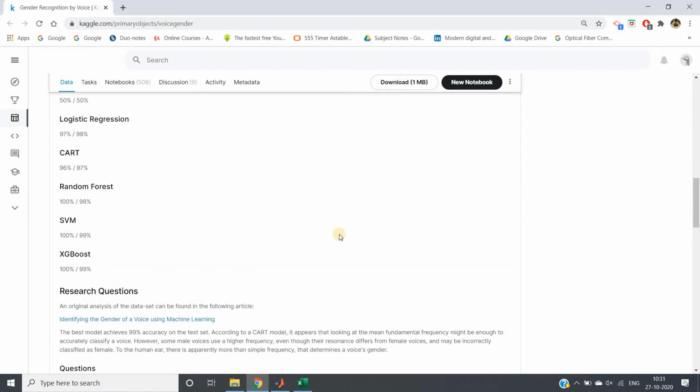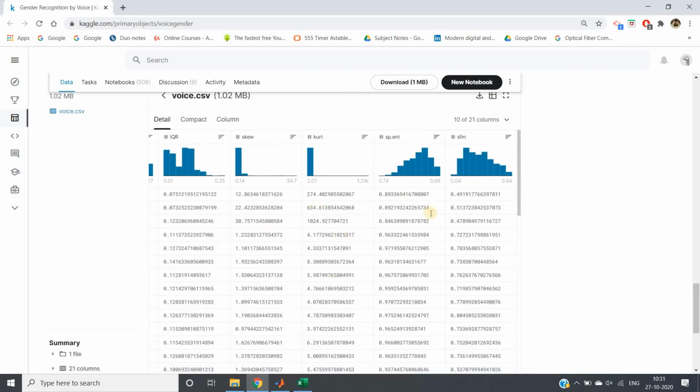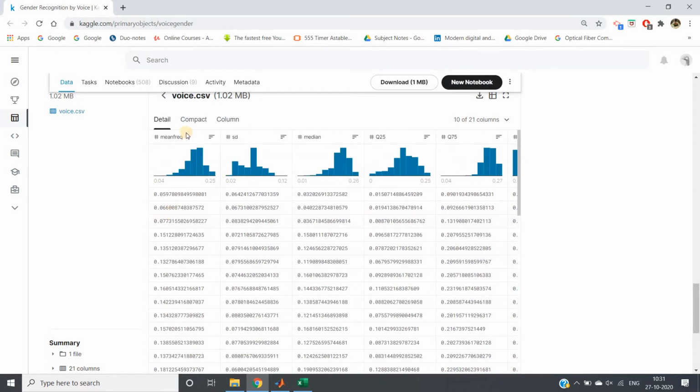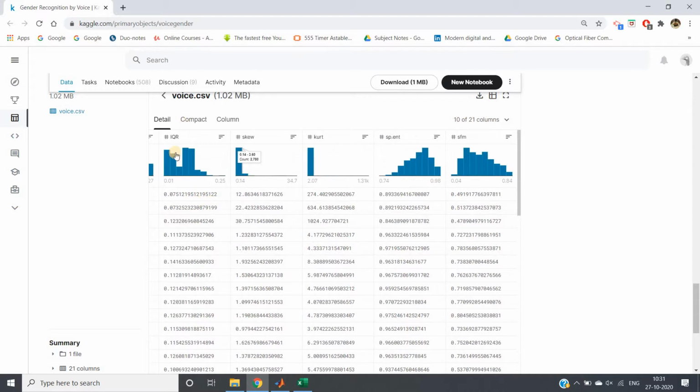Okay, so here the problem statement is quite simple. Here what we have to do, we have to basically detect whether the person is male or female from some features. Okay, here multiple features are present like mean frequency, standard deviation, median, 25 percentile, 75 percentile, like that, IQR, interquartile range, skewness, kurtosis, and many things present, right?